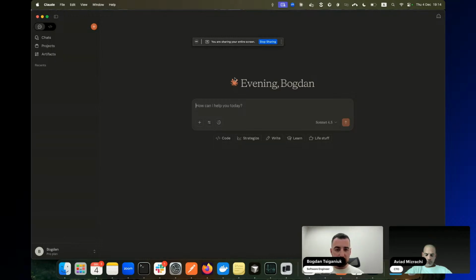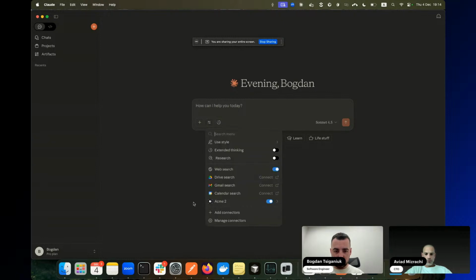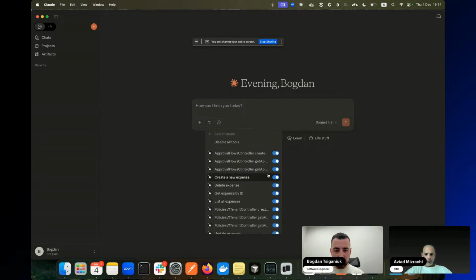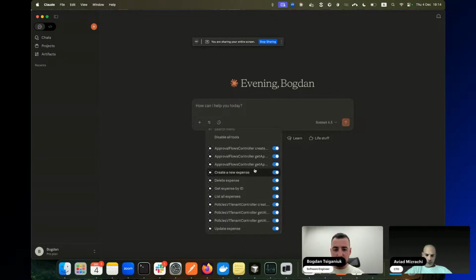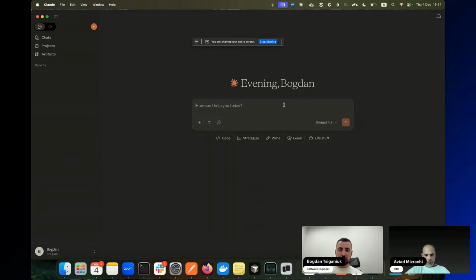I'm now connected as a different customer to the same expense app. Let me just show you my connector. Here we go. We can see now that we have the same expense tools, and additionally, we have approval flow and policy tools. So for example, now I can ask Claude